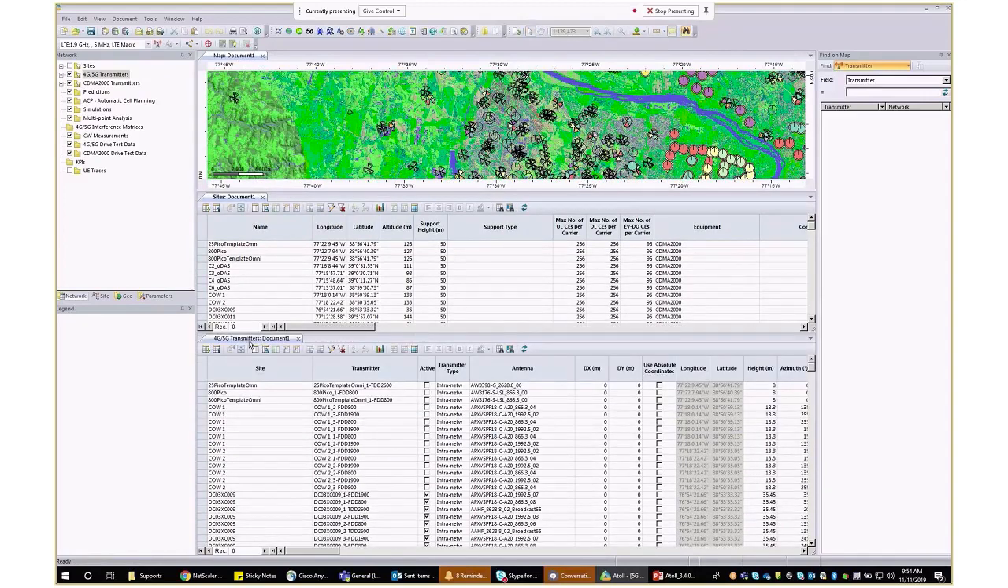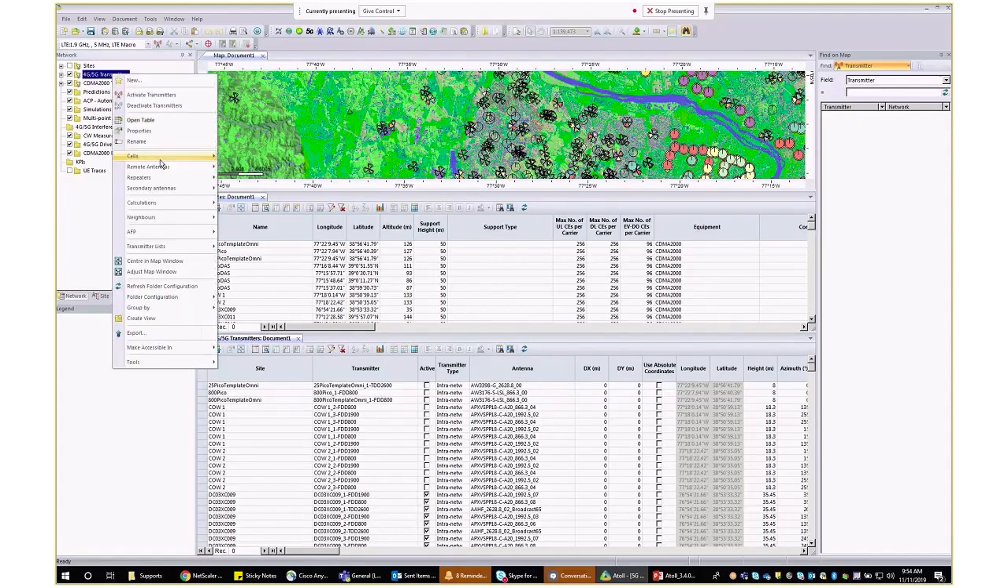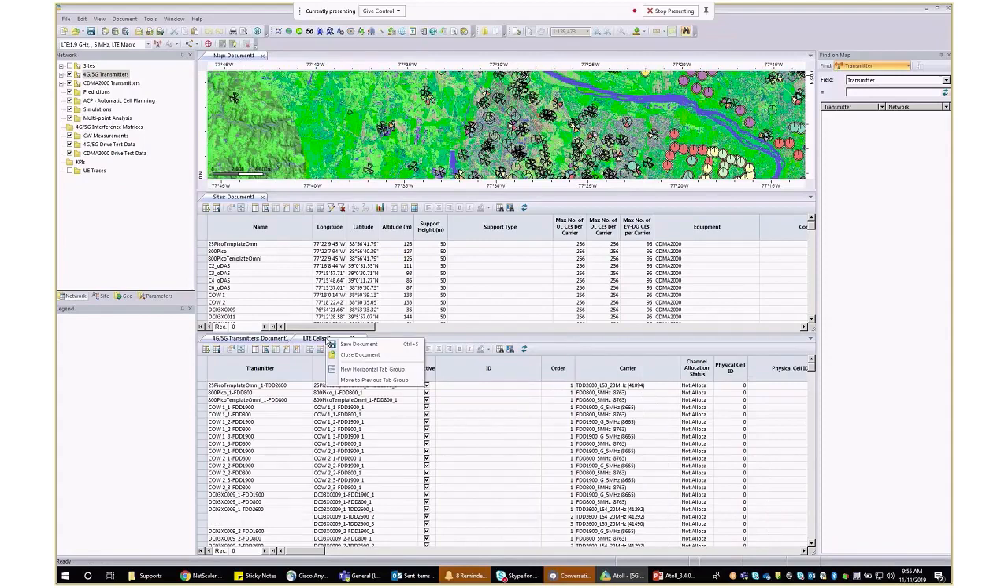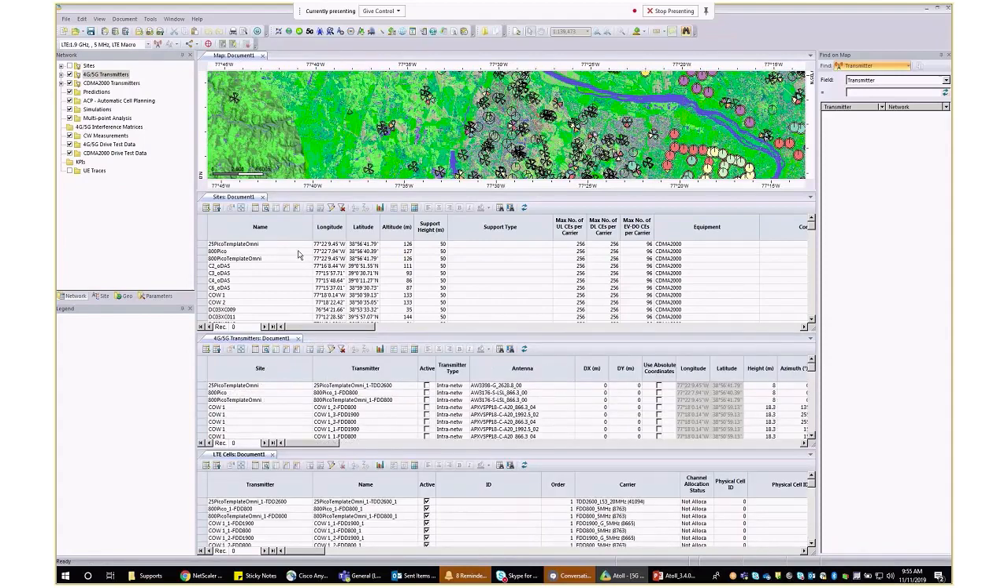Third thing, same, if you single click on 4G transmitters, and right click here, and click on cells, then the cells table will come. These three are very important because they are related to each other. You can assume sites as a grandfather, transmitters as a father, and cells